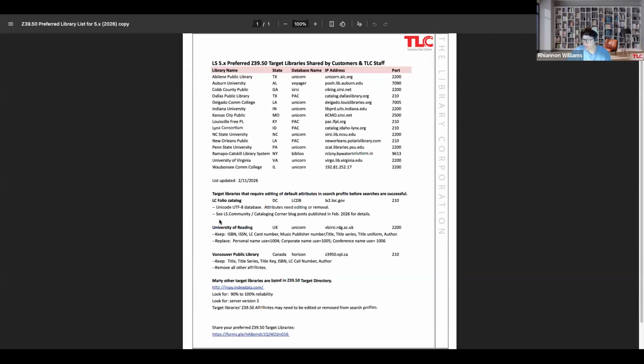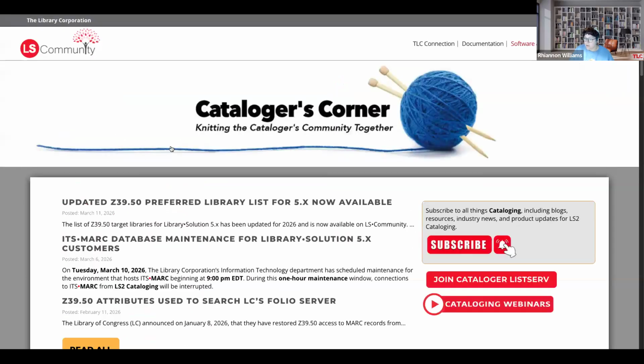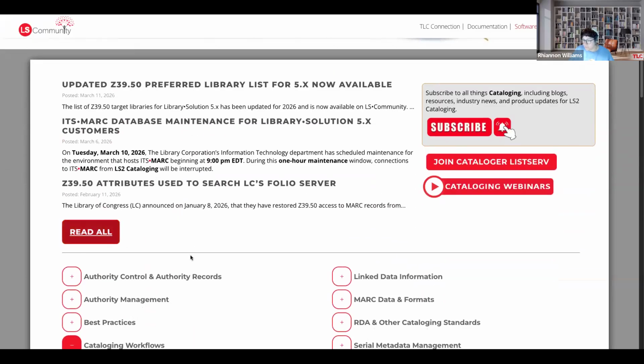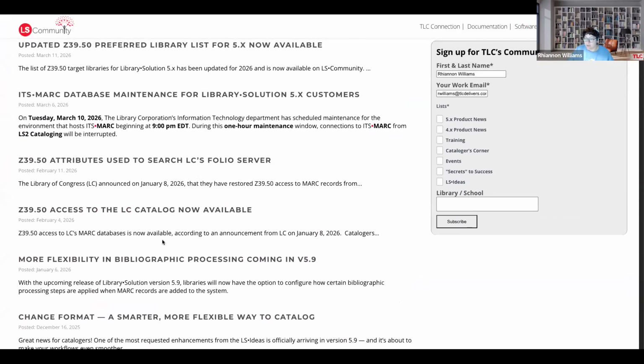And additionally, we also have a couple of other ones here, including the LC Folio catalog, which was recently reintroduced. And Kim wrote 2 blog posts that are on LS Community, and I'll show those here. So here we've got, under read all, that. So we have 2 blog posts. We have our Z39.50 access to the LC catalog now available, and this details all of the